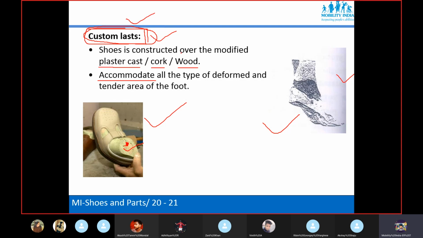It can be custom made, it can be prefabricated. Prefabricated means already available in different sizes, different shapes and different lengths. Customized means we need to take the individual measurement and fabricate. Clear? If any doubt, question, you can ask, okay?